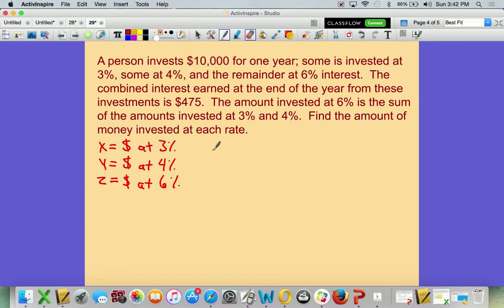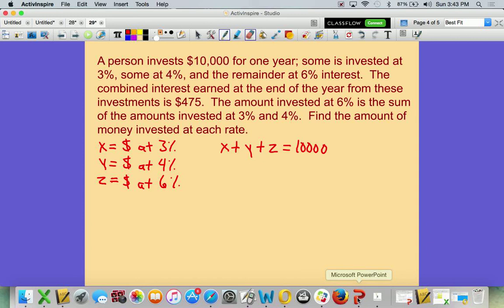Well, what that says is the amount in the 3% plus the amount in the 4% plus the amount in the 6% has to equal $10,000 here. For the next one, the combined interest earned at the end of the year from these investments is $475. Well, how we find